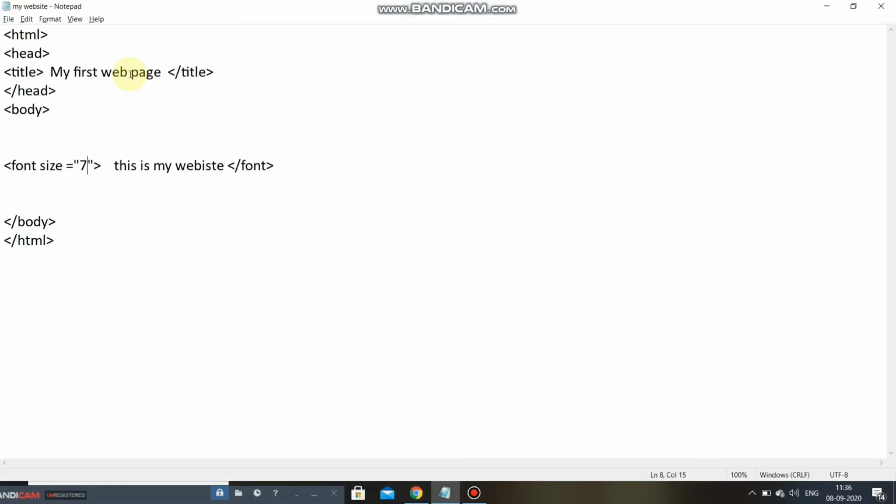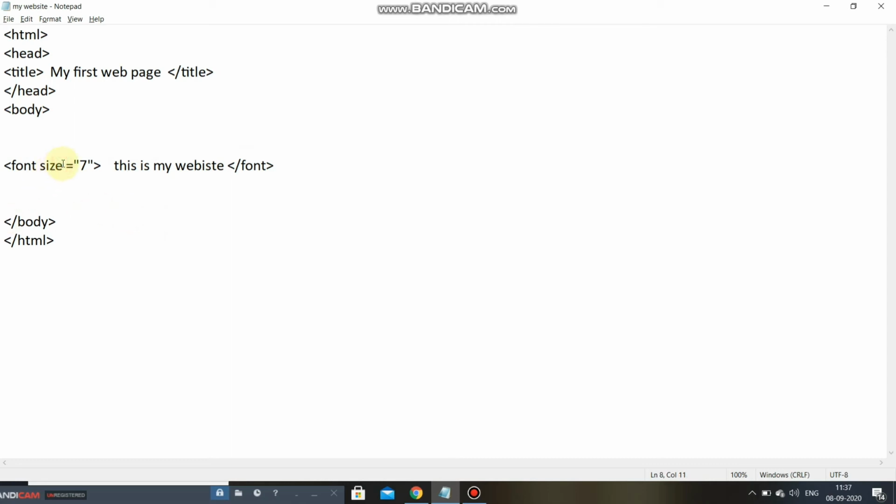Now the third is the color attribute. What does the color attribute do? The color attribute is used to change the color of the font. So for that, what is the syntax?